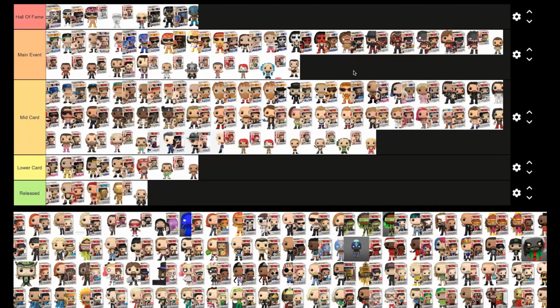So glad when they made a new Andre pop, they made it as a 6-inch pop, and that was how it's done right, in my opinion. So having a man that is over 7 feet tall as a 6-inch pop definitely makes sense, not as a 4-inch pop. Then we have ourselves Becky Lynch for this lineup, and I'm going to put this under mid-card,